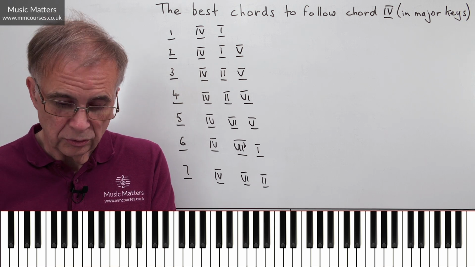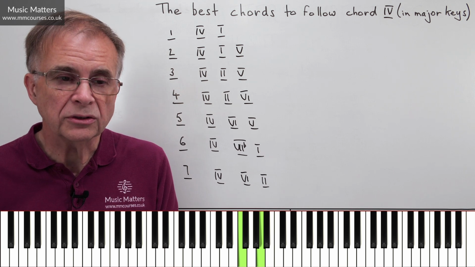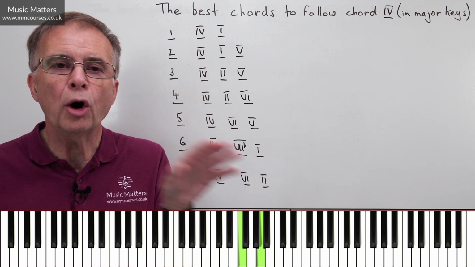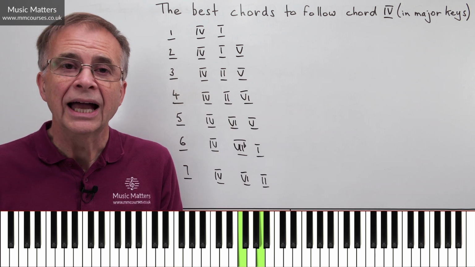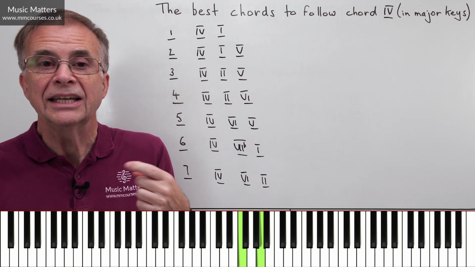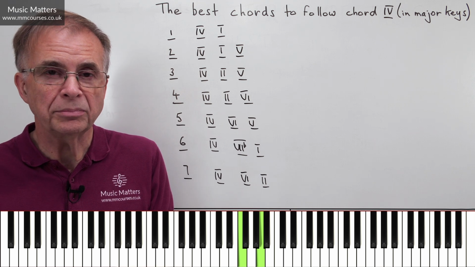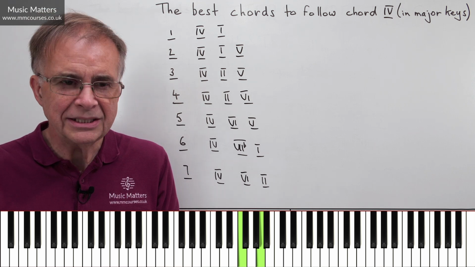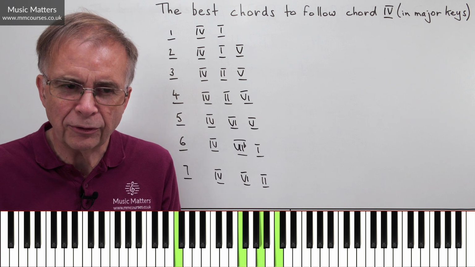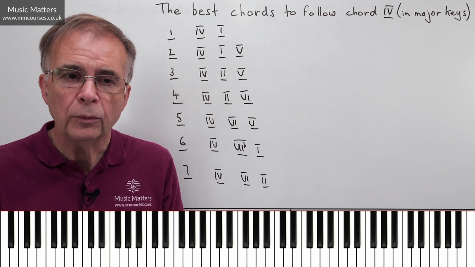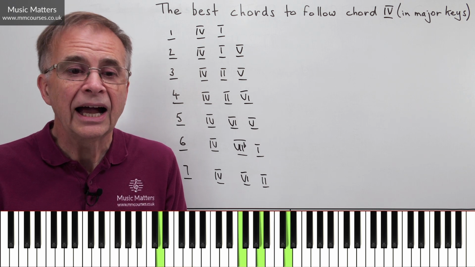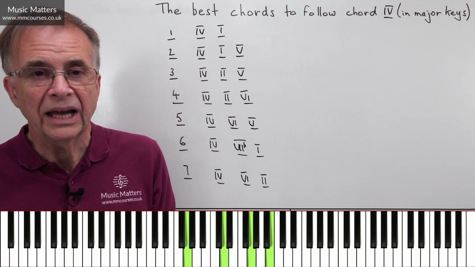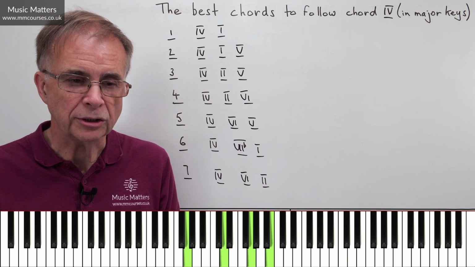In chord 2, F and A are also two of your notes. So they're what we call common notes. They appear in the first chord and they appear in the second chord. And if you have common notes, especially if you repeat them in the same parts, they have a really kind of binding impact on the progression. So 4 to 2, with those two common notes being used in the same parts, and then on to 5, again makes for a strong progression.